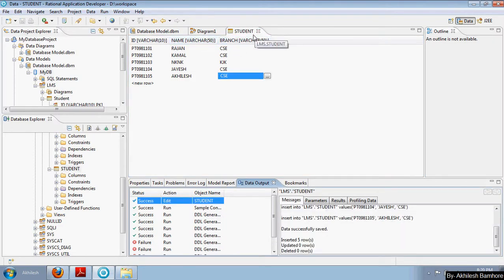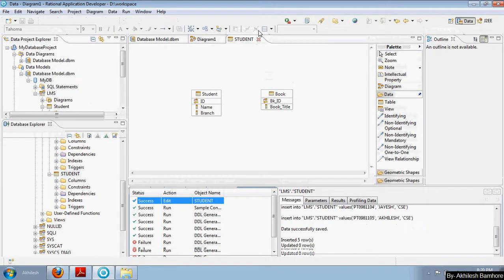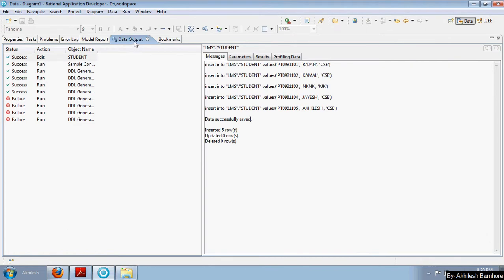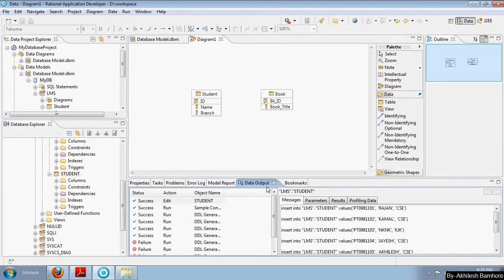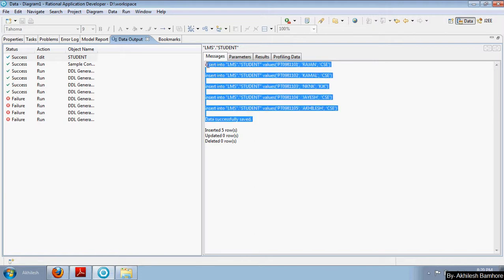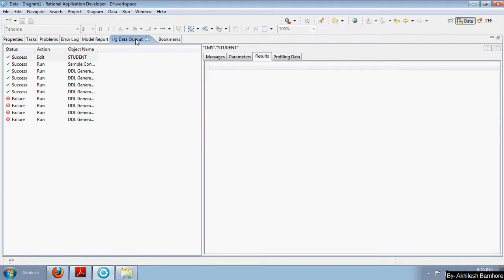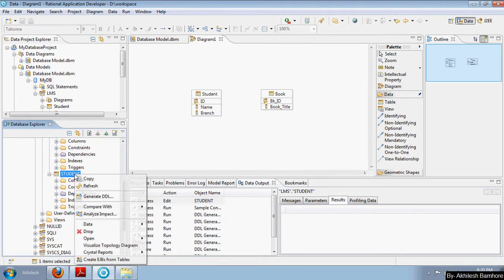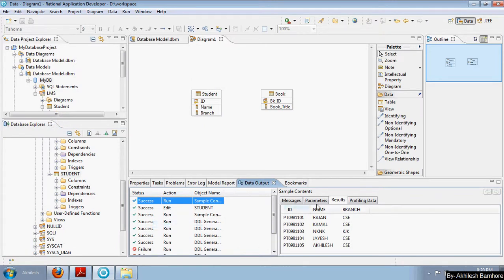As I click save, the record is saved. You can see in the Data Output explorer, if you double click, you can see the queries that were run for this insertion. Now if you want to see whether the records are inserted or not, you just right click on the student table, Data and Sample Contents.